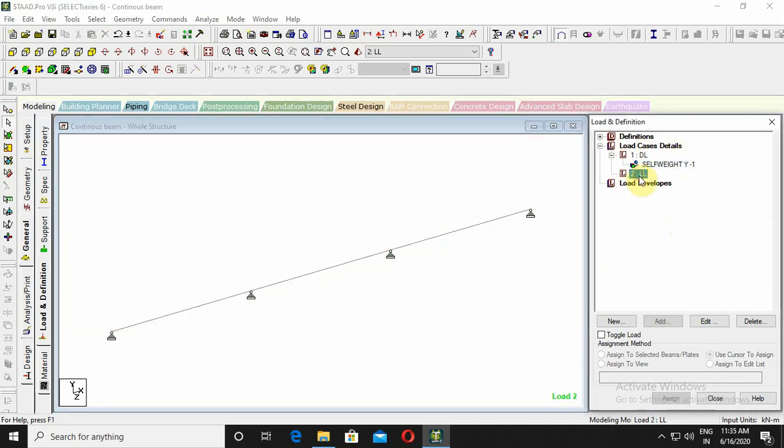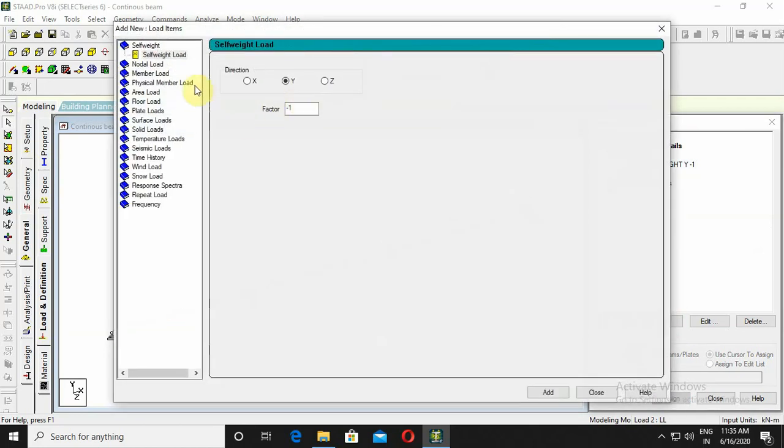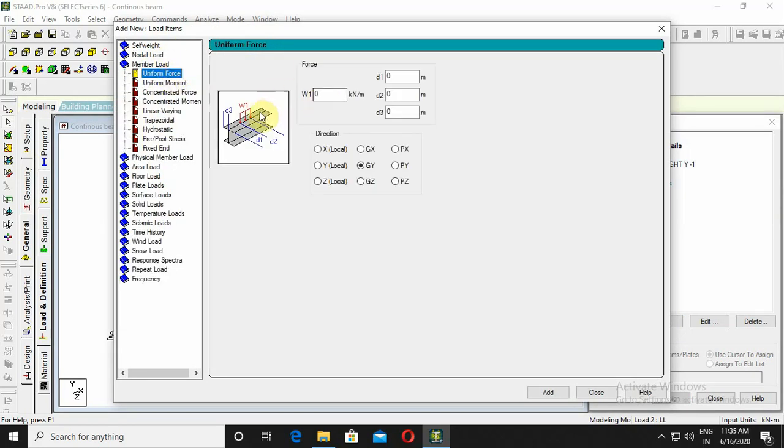And then go to the LL, which means the live load. For that different loads are there, member load, nodal load, different loads are there. For this particular problem, member load is suitable. Member load in that uniform force, uniform moment, concentrated force, concentrated moment, linearly varying load, trapezoidal load, hydrostatic pressure, or pre or post tension pressure, fixed end, different loads have been defined.